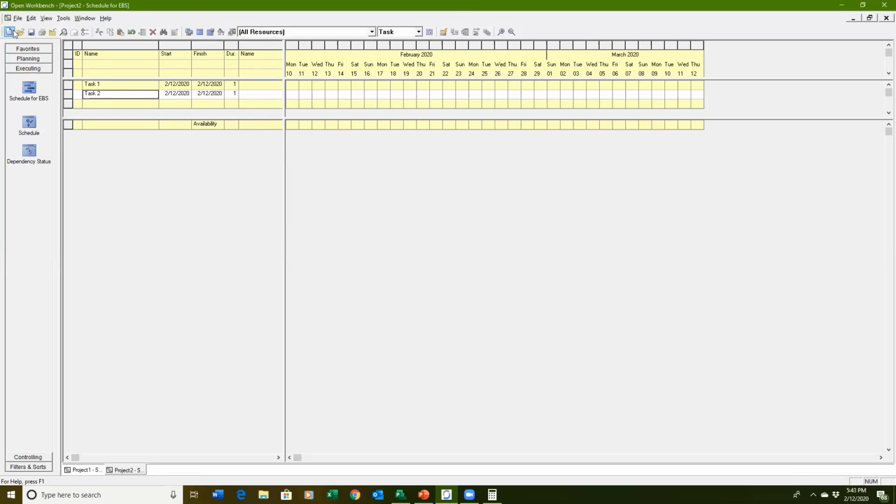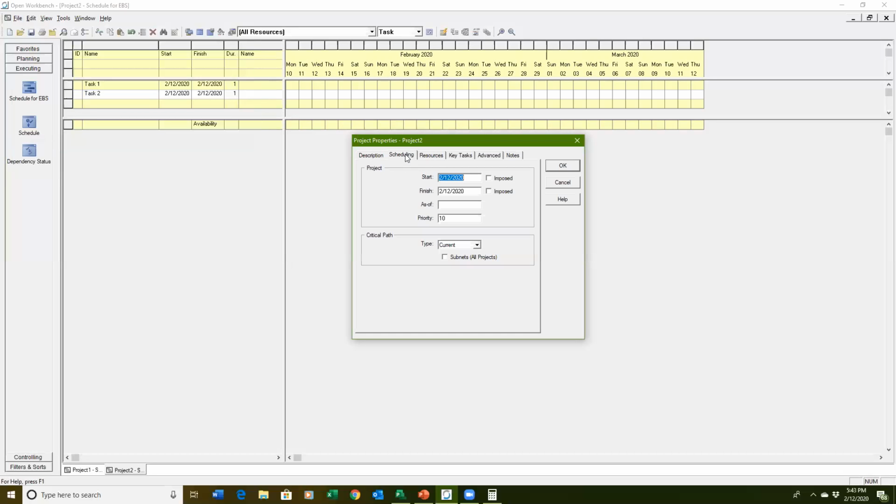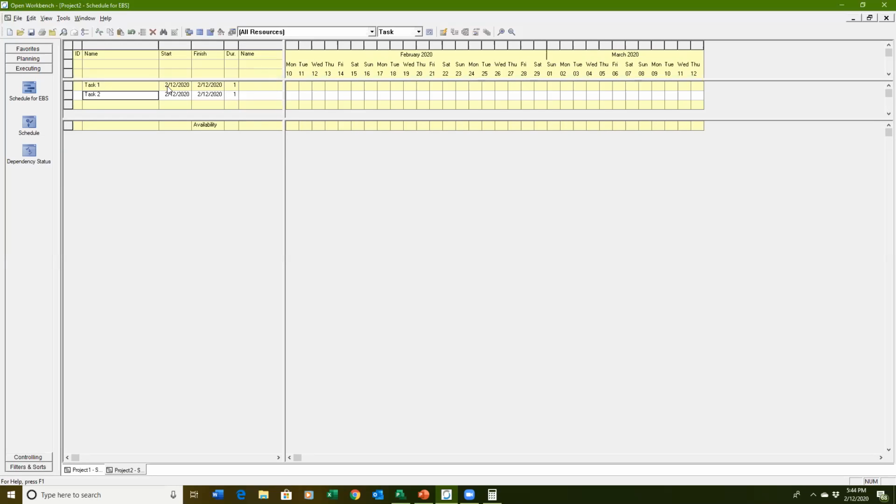2/12 because that's today. What I want to do is go to the project properties, and if I look at scheduling, I want the start date to be 2/10. I should have done that first. I'm going to impose that. Well, 2/10, and I'm going to impose the 2/10. I do not know why it's doing that. Click out. You can see it opposed to 2/10. So I'm going to impose the start date of 2/10. Let me go back. I want to make sure these start on 2/10, so I'll force the date here. Normally I don't like to do this, but